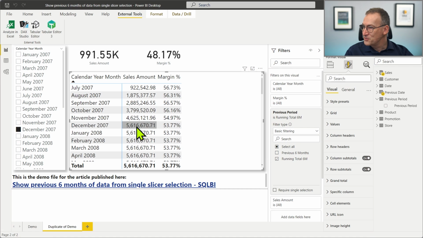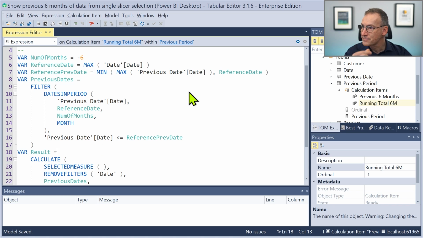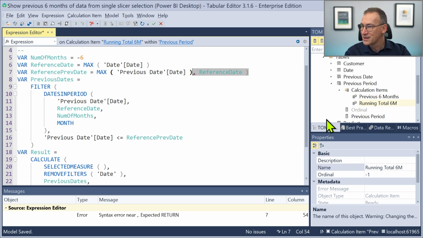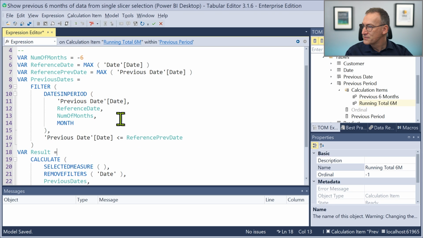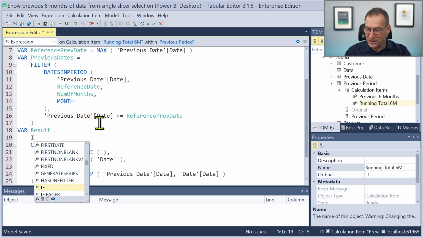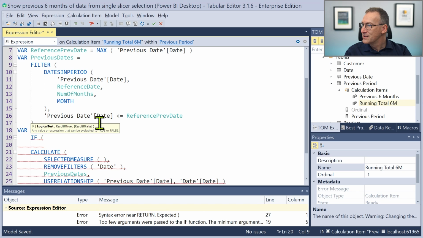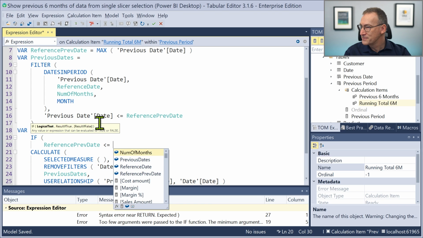It did, but that didn't work, because I really need to blank out the value. The value is actually computed. So, despite looking smart, this didn't work. Now, what is the smartest way of doing that? Well, actually, what I can do is just blank out the value. So, if the reference previous date is less or equal than the reference date,